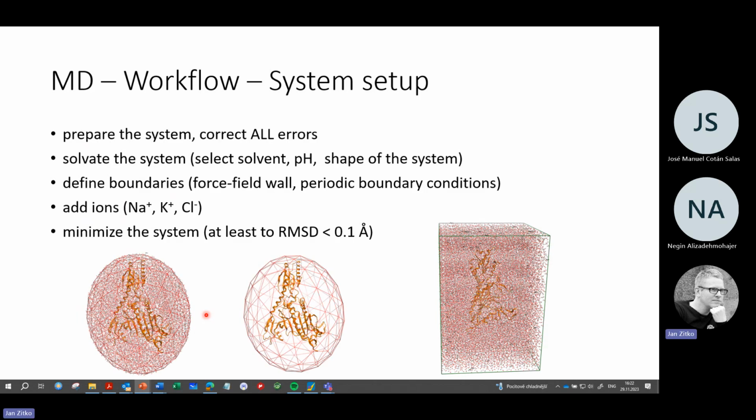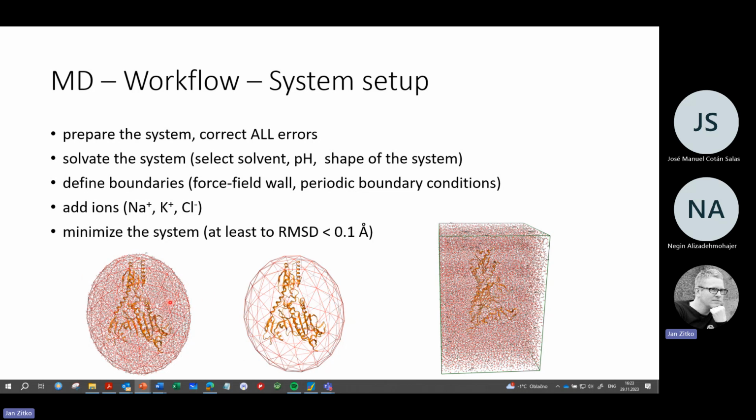So, practical aspects. How do we do the molecular dynamics? What is the workflow? First we have to prepare the system. I already said that we try to make the system as realistic as possible. So let's say we have our ligand in our protein, we have some molecules of solvent, and the molecules